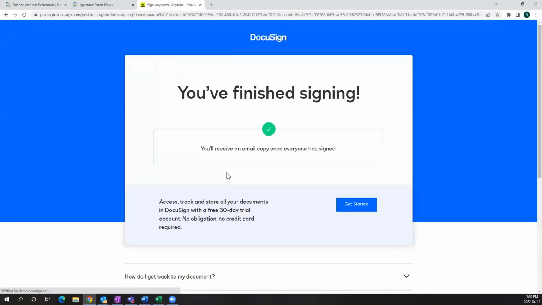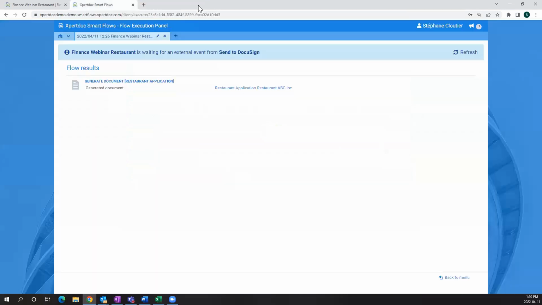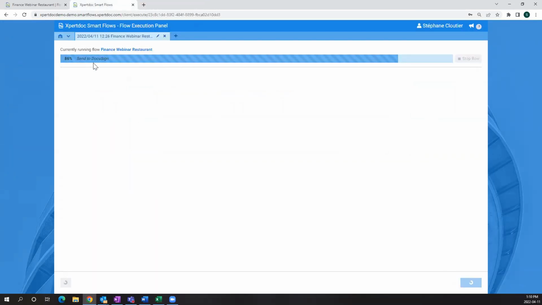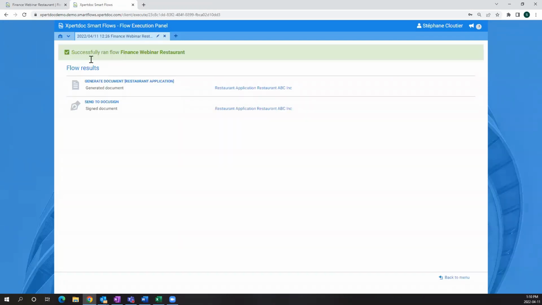And this is it. So the next step that we've configured in our flow, as soon as we get the response back from DocuSign, we configured to send an email back to the person that asked or generated the quote, the application, saying that the document came back signed, and also a copy was sent over to our legal department saying the contract was signed.